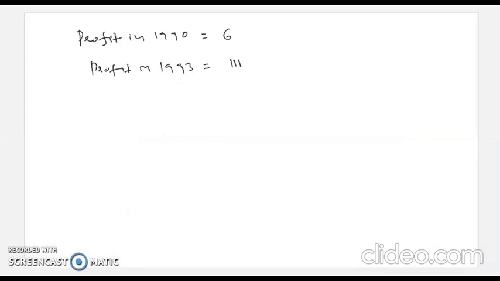So from this data we are going to find the average rate of increase in profit. The increase in profit is equal to